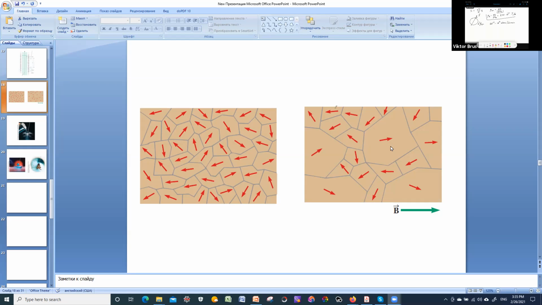We can magnetize them with a strong external magnetic field, and this is the way we create permanent magnets. After getting rid of the external magnetic field, these materials remain magnetized for a long time and can serve as strong permanent magnets. However, there is a certain temperature, called Curie temperature, at which